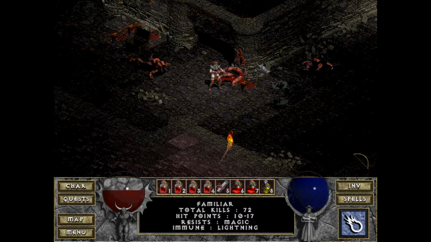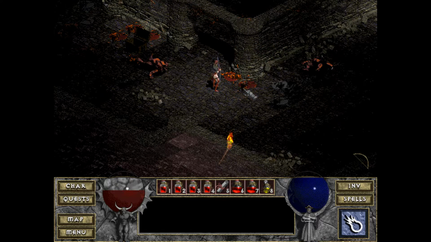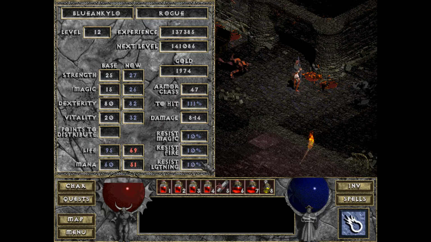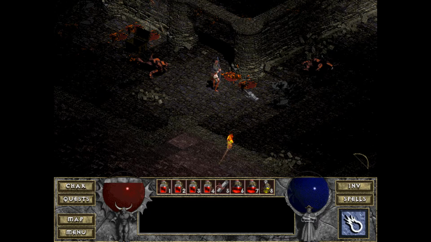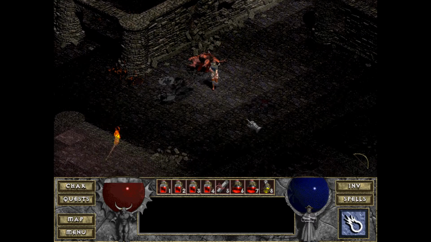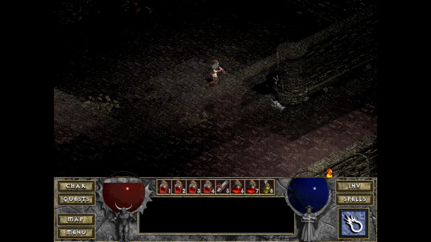Also of note, these familiars are not very nice. They have a lightning attack, which, at the moment, we don't have very much lightning resistance, and our armor doesn't help us. So, we just got the better armor. Against physical damage, we're actually pretty strong. But, of course, now we're fighting magic, so...